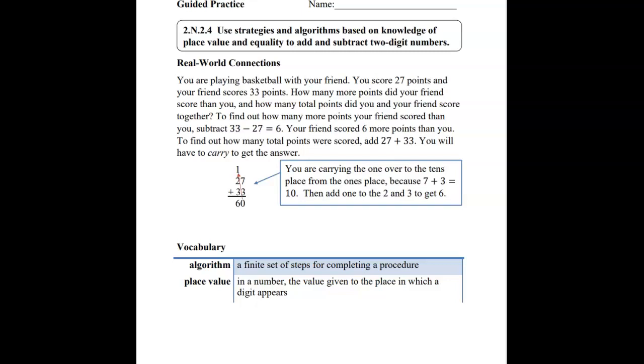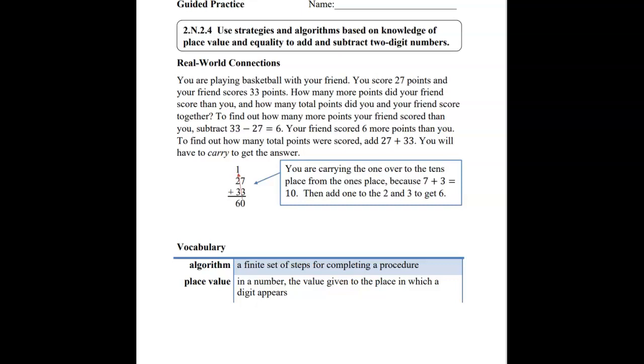Welcome, mathematicians. Today we're doing 2.N.2.4, and it tells us that we're going to use strategies and algorithms, that's a big word, based on knowledge of place value and equality to add and subtract two-digit numbers. We talk about place value a lot, so if you don't know your place value, you need to go back and review that. So let's take a look at what all those big words mean and how we use that